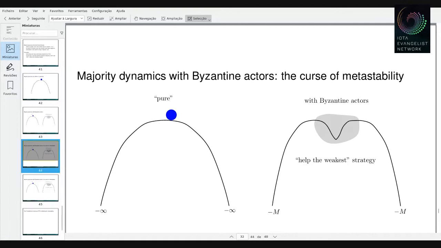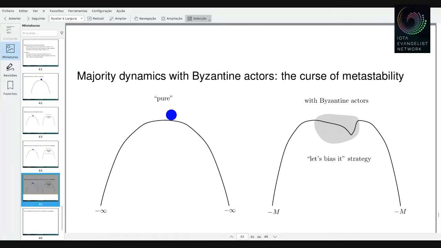So instead of just helping the weakest, instead of constructing this potential here, they would rather aim for keeping the drunken guy a bit biased, a bit still in the zone of their control,